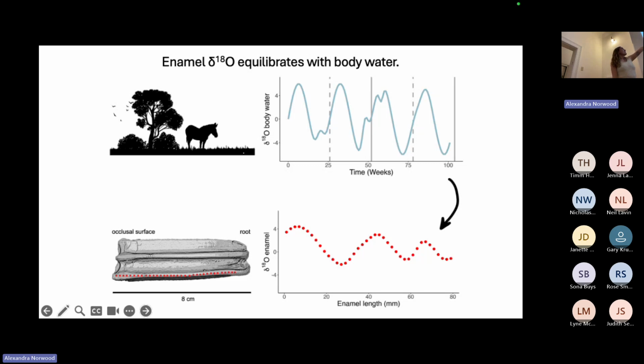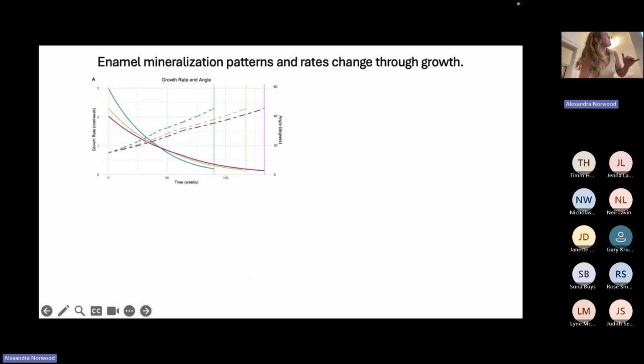When it gets incorporated into the tooth, you can see that the shape of that curve changes. And that's because that beautiful tree ring schematic that I showed you before is kind of a lie. Teeth don't actually grow in that exact way. They grow similarly to that, but the way that enamel forms is more complicated. So we're changing the shape of that wave and smoothing out some of the variation when we record it in the enamel. And so I want to walk you through some of why this is so complicated.